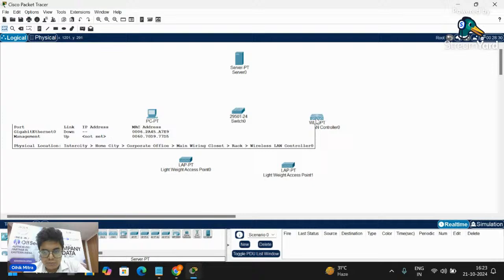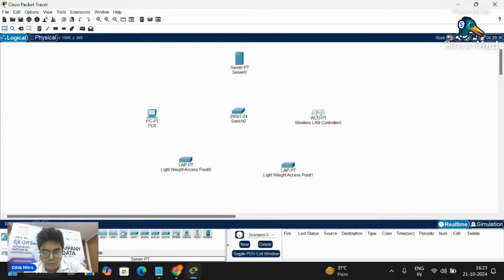So what is the WLC? The WLC is basically a wireless LAN controller, or the manager of the wireless LAN. Okay, so let's connect it.